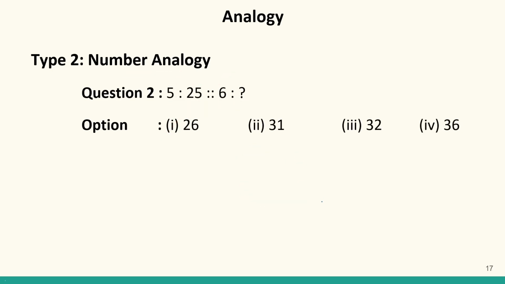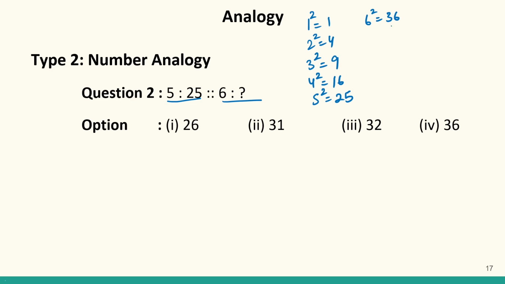Now, in this question, if you remember, I told you to remember squares, right? So 5 is somehow related to 25, and we have to find out how 6 is related to that number. If you remember, 1 square is 1, 2 square is 4, 3 square is 9, 4 square is 16, 5 square is 25, and similarly 6 square is 36. I'll complete till 15,